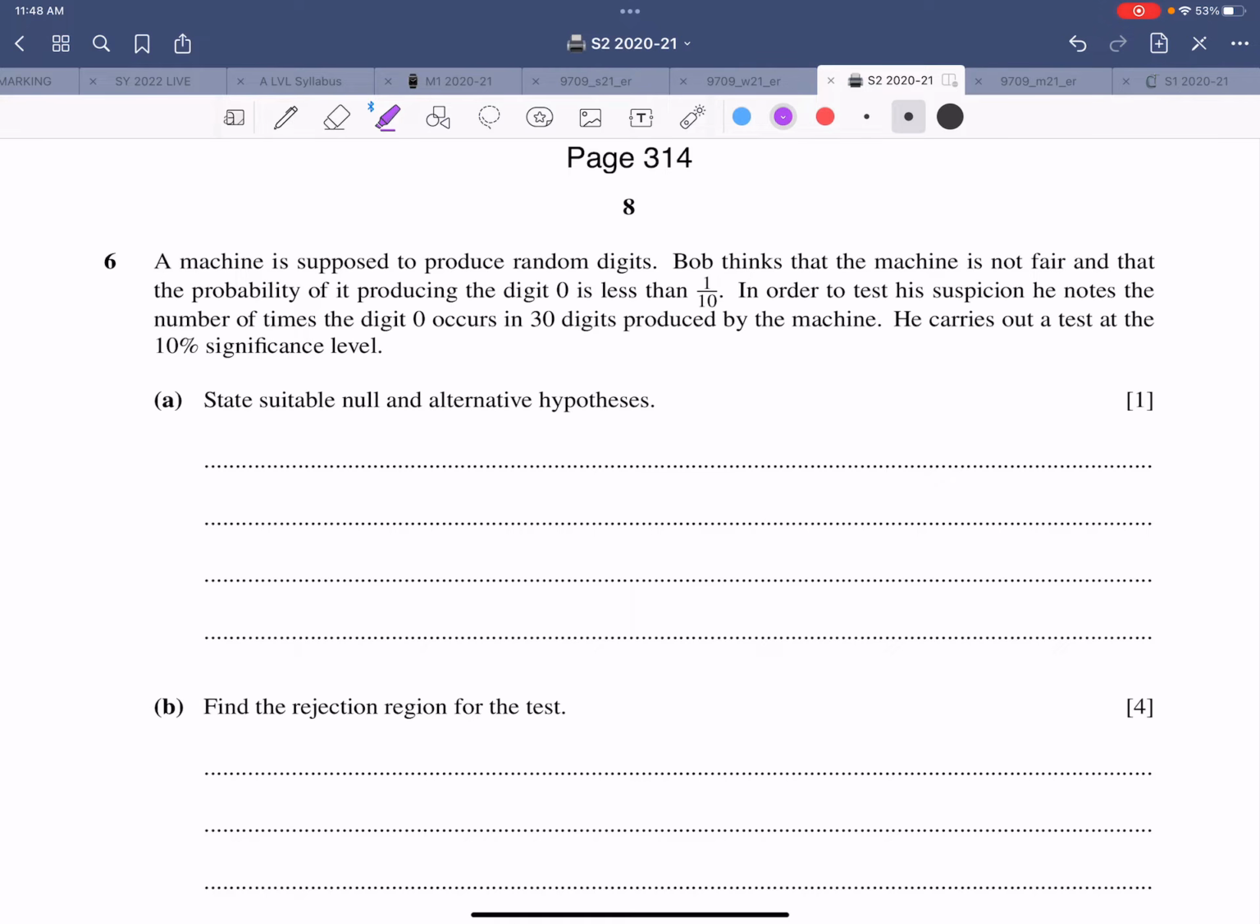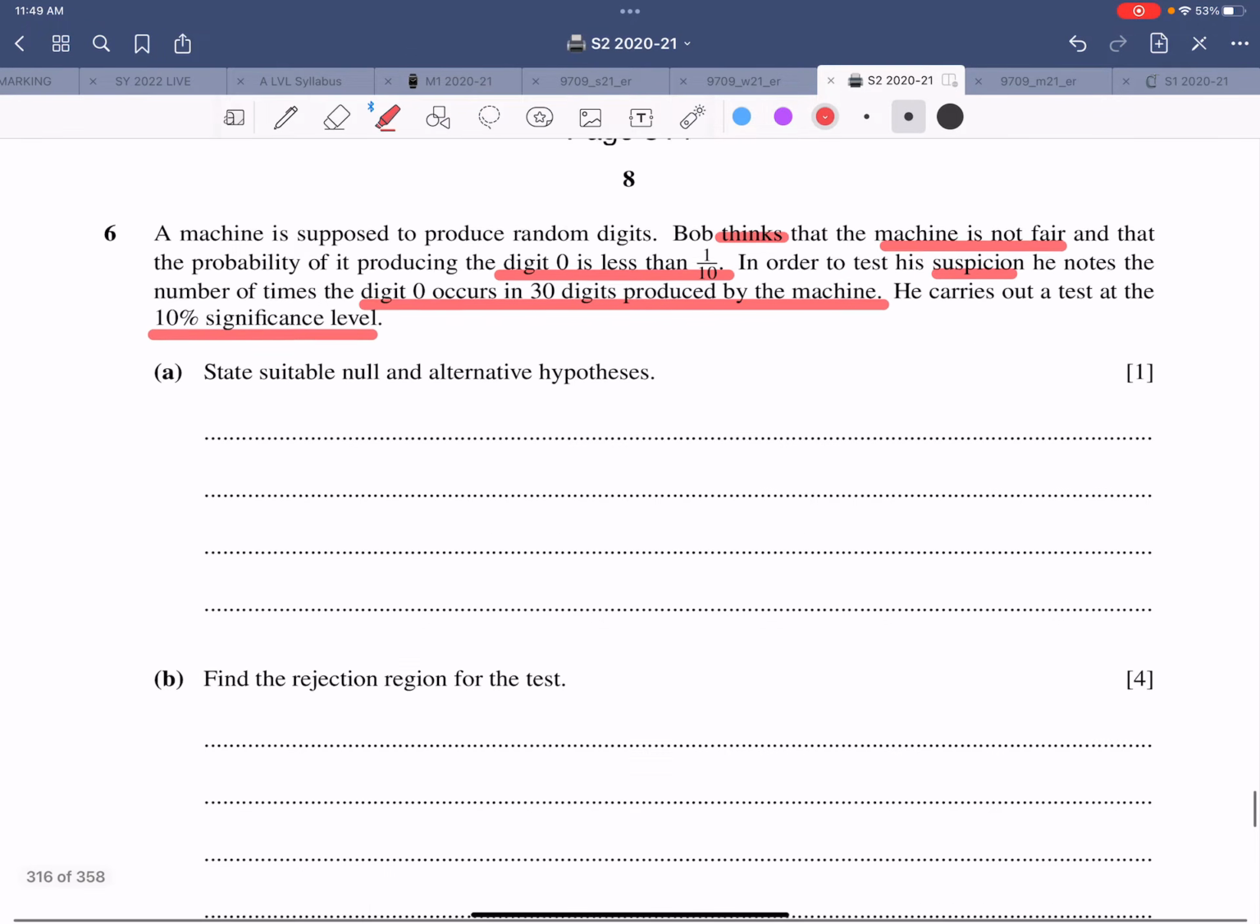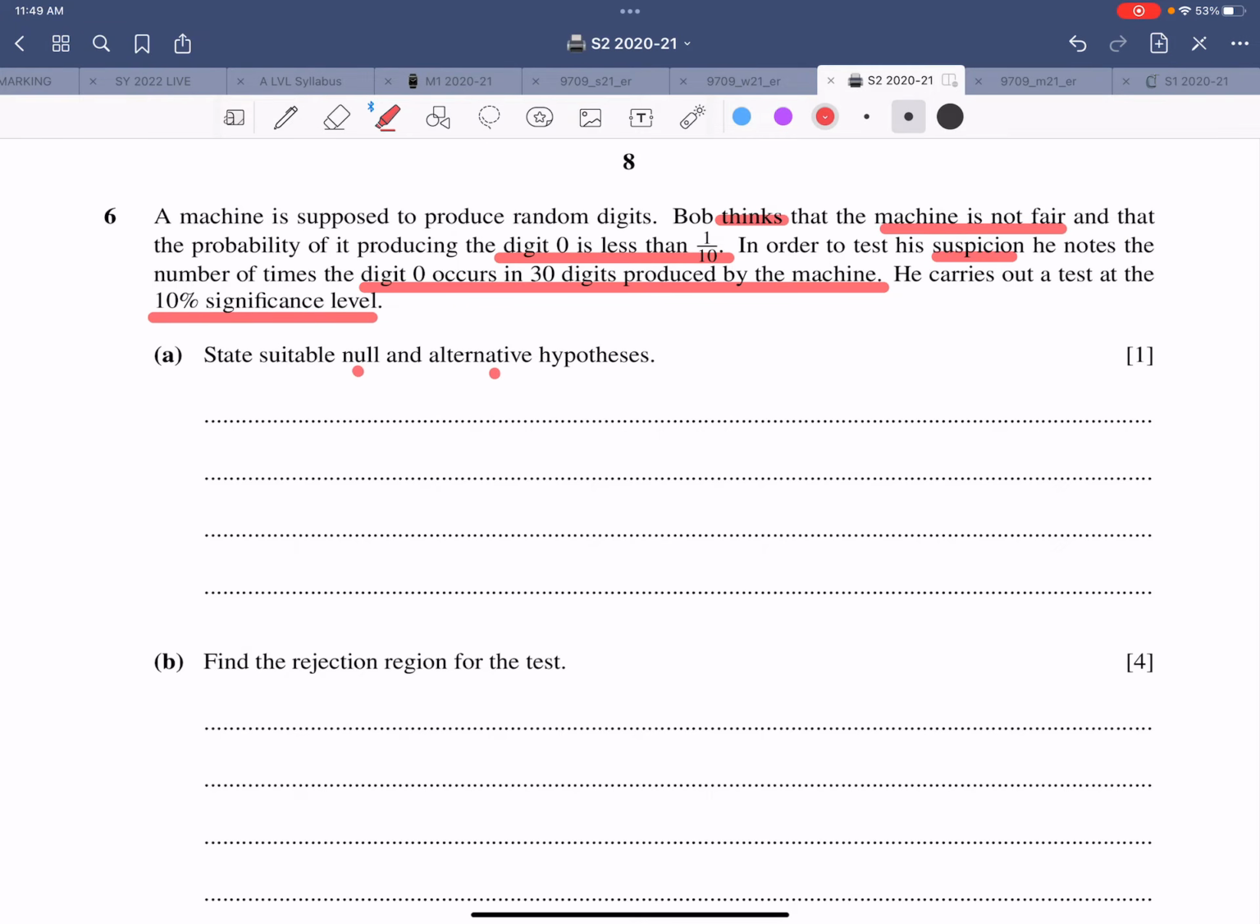Bob thinks, so it's a matter of thinking and suspicion and claim. Bob thinks that the machine is not fair and that the probability of it producing the digit 0 is less than 1 over 10. So it's a lower tail test. In order to test the suspicion, he notes the number of times the digit 0 occurs in 30 digits produced by the machine. He carries out the test at the 10% significance level. States suitable null and alternative hypotheses, find